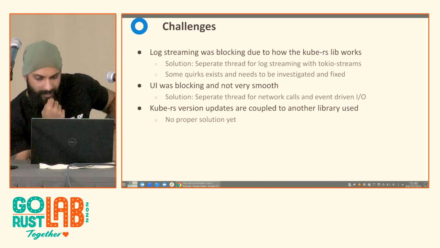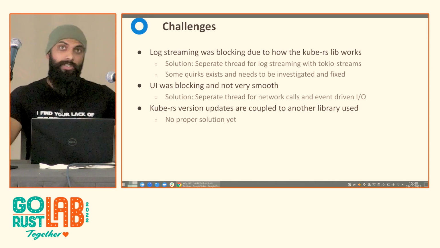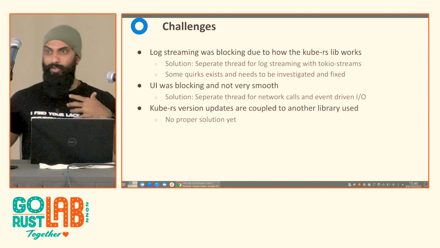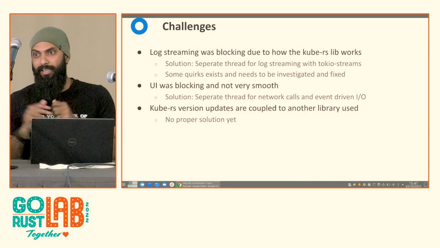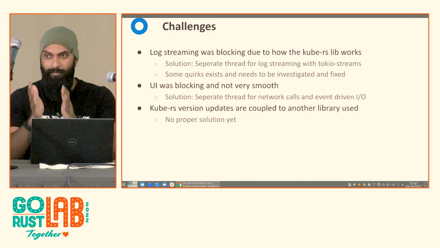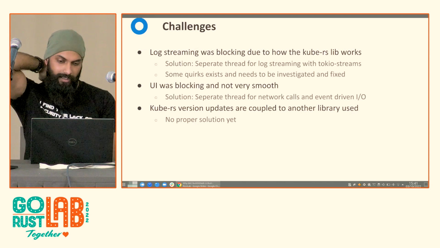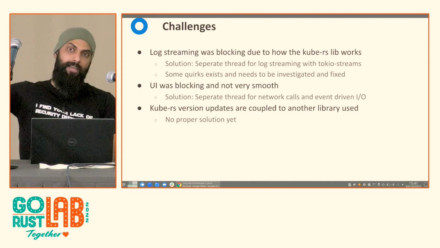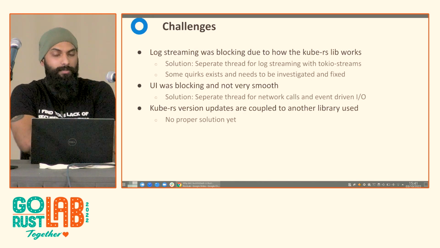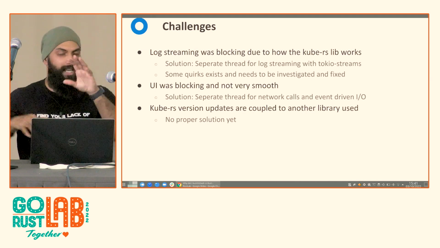And finally, there were some issues when using a library in your application, and the library also uses a library that you use, so you have two versions of the same library. I don't think it is a Rust problem per se. I think it is more probably the way that library has been set up. It is the Kubernetes kube-rs library. It seems like you cannot use two versions of kube-rs in the same project without some